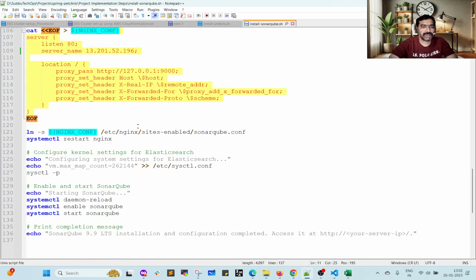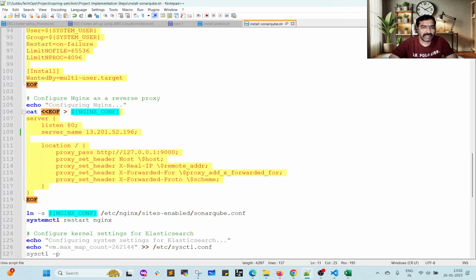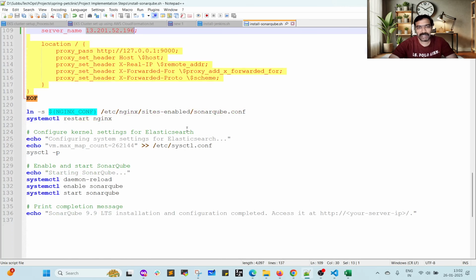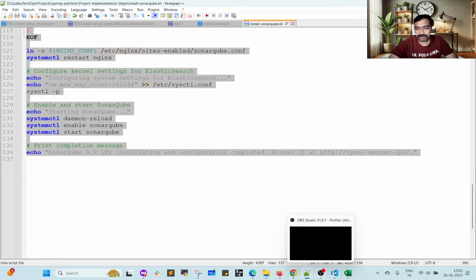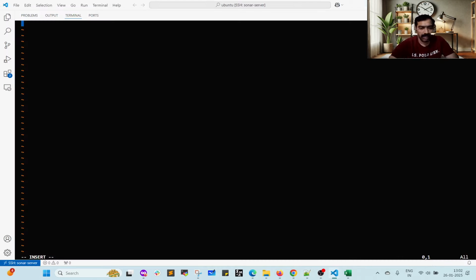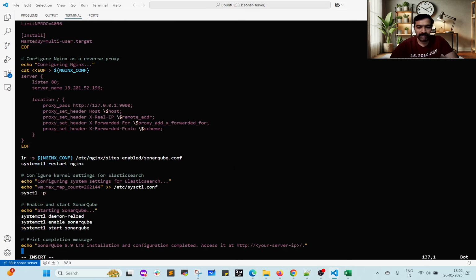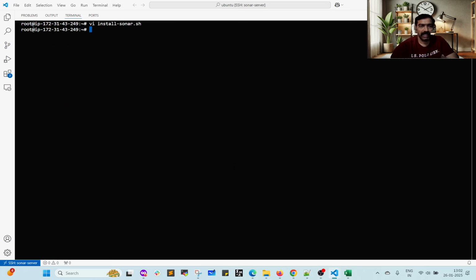Just change these two. This is the mandatory thing. You have to change your IP address, otherwise it won't be accessible. Okay, just copy this one